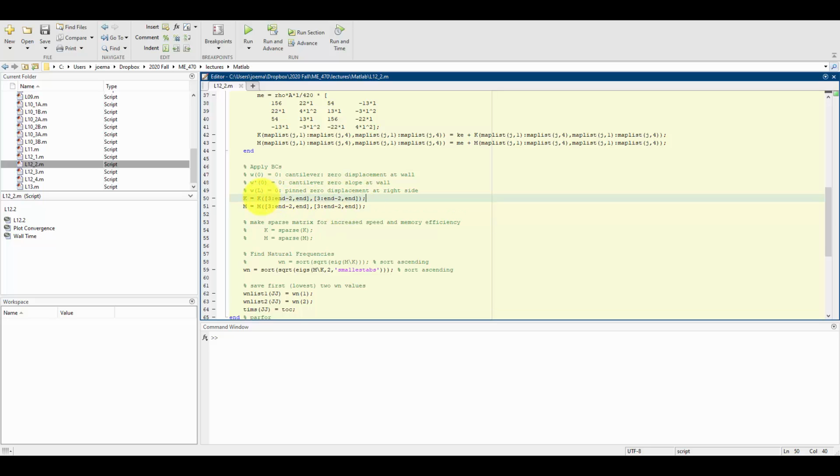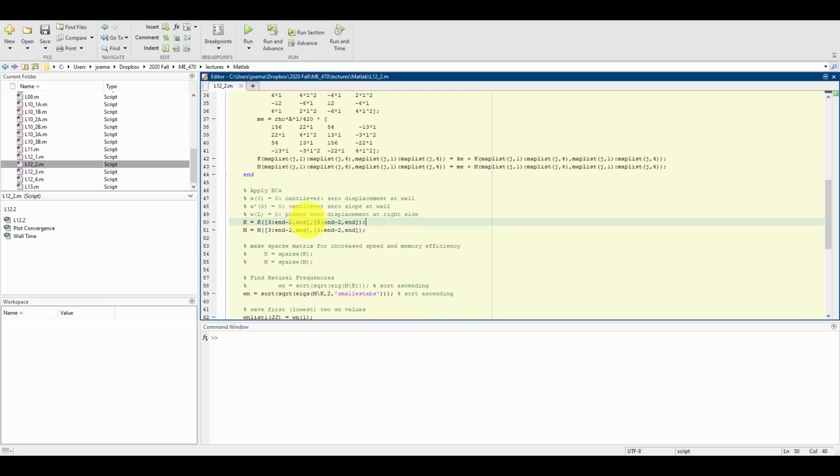So if we look at what I'm doing with K, I'm assembling the global K matrix as before, but now I'm enforcing my boundary conditions. So like in the previous one, I want to skip over row 1 and 2 and columns 1 and 2. So that's why I'm going to reduce this by starting at the 3rd row and 3rd column. But then I don't want to take all the way to the end because I need to eliminate the next to last row and column.